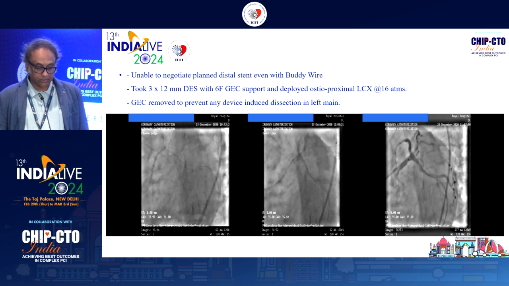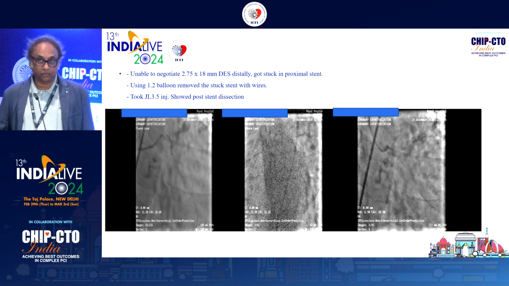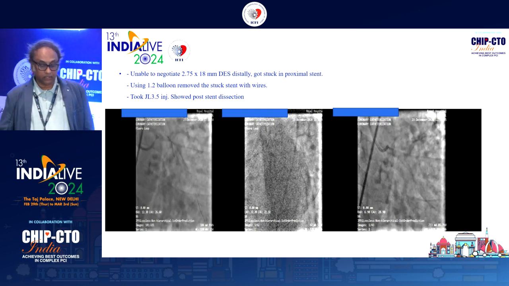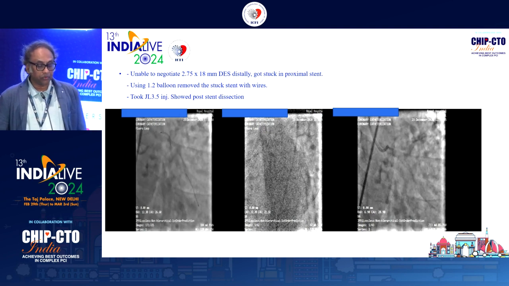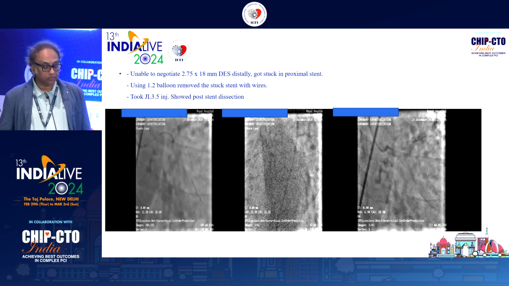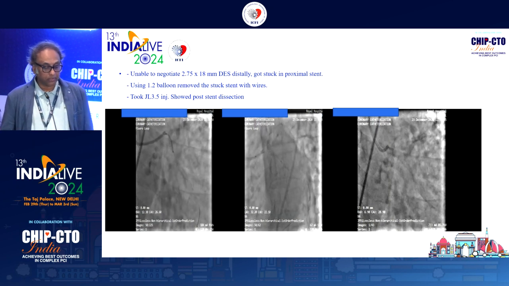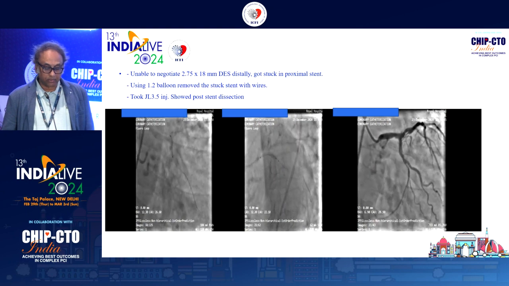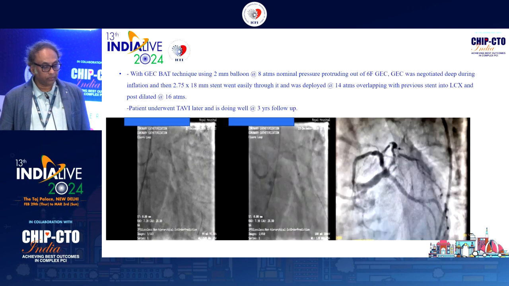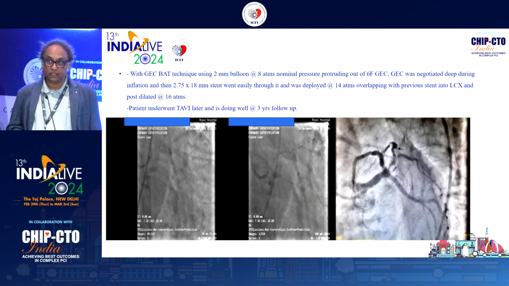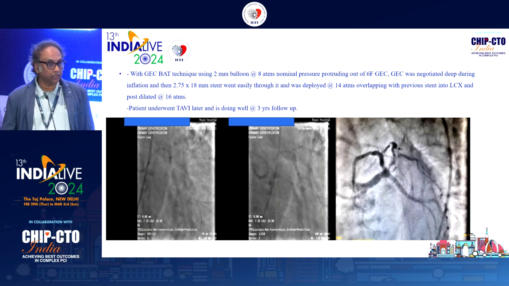So next, took a 2.75 by 18 millimeter stent, unable to negotiate it distally. It got stuck in the proximal stent, and using a 1.2 balloon removed the stuck stent with the wires after passing another wire and a balloon, and a JL 3.5 guide was taken, and post stent you can appreciate here there is some dissection. And the guide extension catheter, this is a BAT technique, balloon assisted, similar to the radial loop